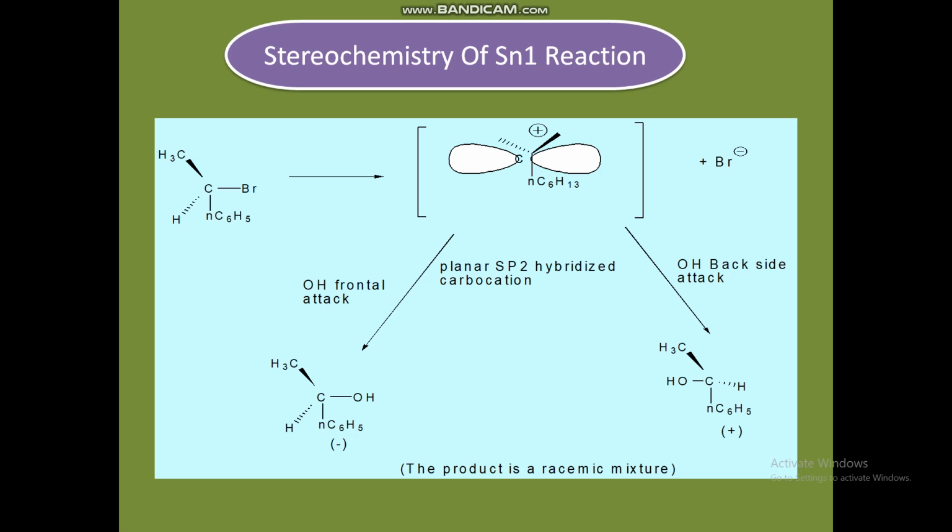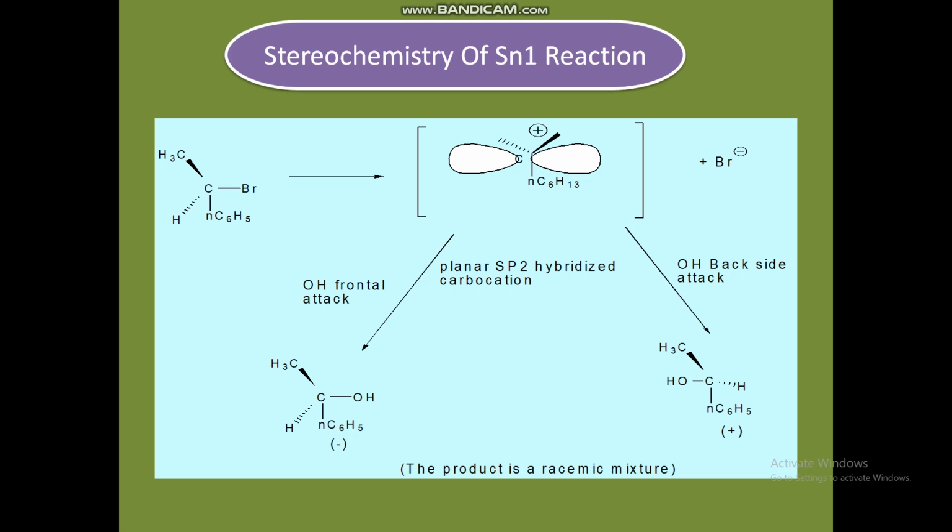So, the stereochemistry of the SN1 reaction. What is happening here? In the SN1 reaction, a planar carbocation intermediate is involved. It can be attacked by the nucleophile from either side, both sides. Thus, when an optically active substrate is used...